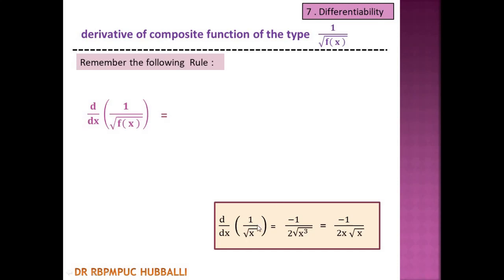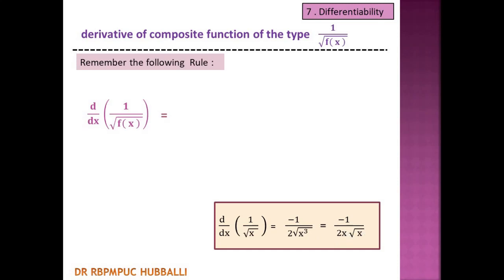This is written as x raised to half. Then it becomes 1 upon x raised to half. So using laws of indices, the function is written as x raised to minus half. Now you know the derivative for x raised to n. So using that, if you write and simplify, you will get this answer. Now this answer I am giving directly. This is the final answer, the derivative of this function. And here root x cube simplifies to x root x.